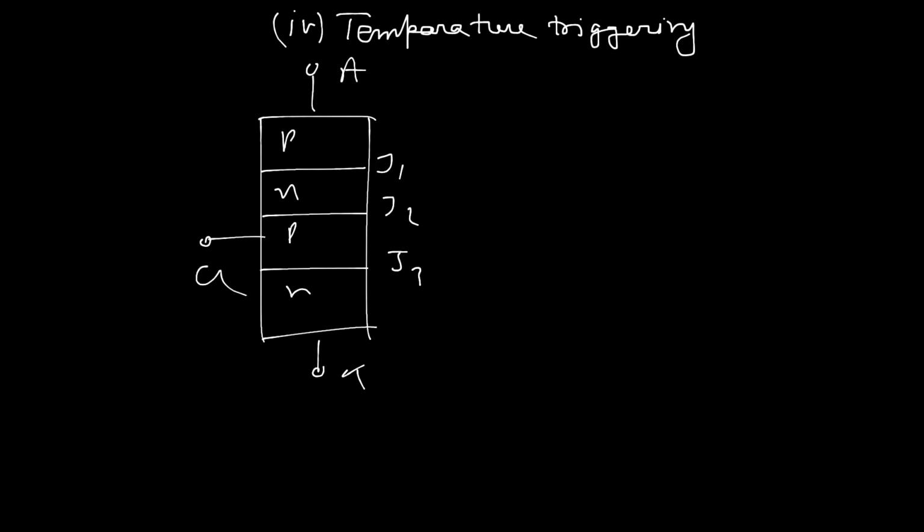That means whenever we apply forward biasing across the device, meaning the anode is more positive with respect to the cathode, the device current tries to conduct in this direction. In this case, the junctions J1 and J3 are in forward biasing condition, but on the other hand only the junction J2 is in reverse biasing condition. That is why it is working as a resistance. We know this is similar to a PN junction barrier.